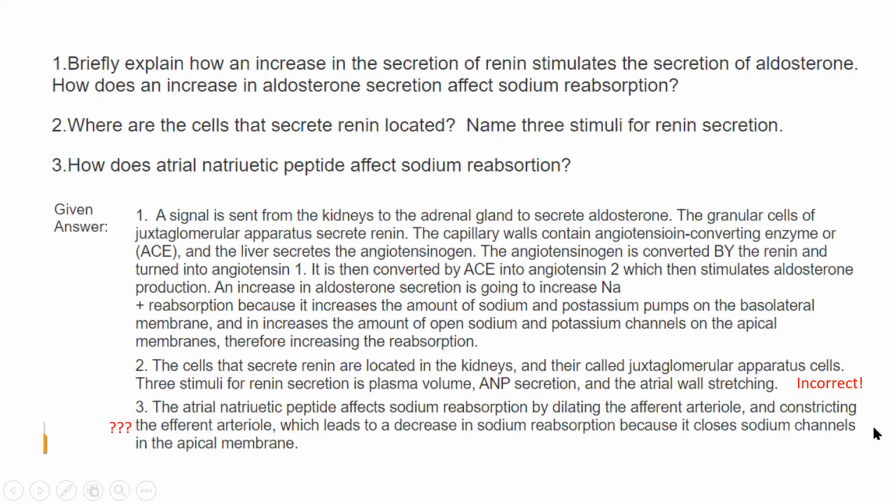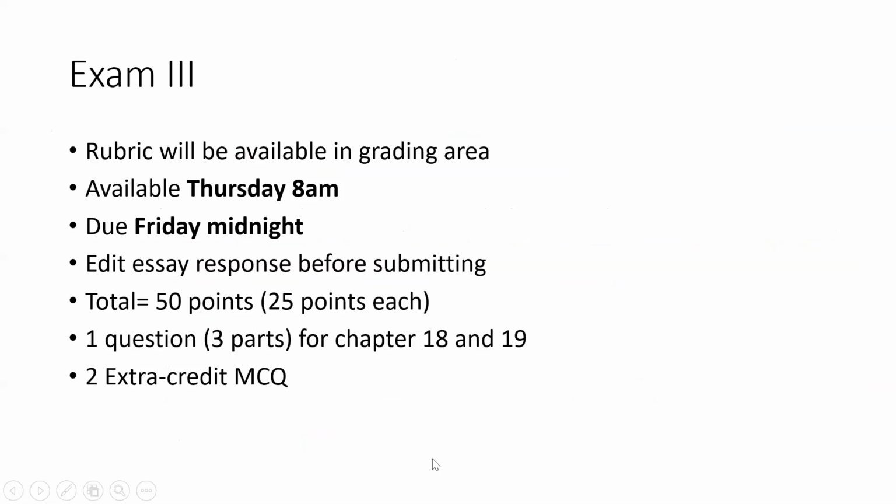And then the ending part of the response was correct. This leads to decrease in sodium reabsorption because it closes sodium channels on the apical membrane. So this part was correct. And there was no need to put this first part with the afferent and efferent arteriole in here because it doesn't address the question at all. So make sure you're putting exactly what's needed, exactly what the question is asking, and not additional information just to make a lengthy response. Okay, I hope that was clear and that gave some kind of direction and guidance